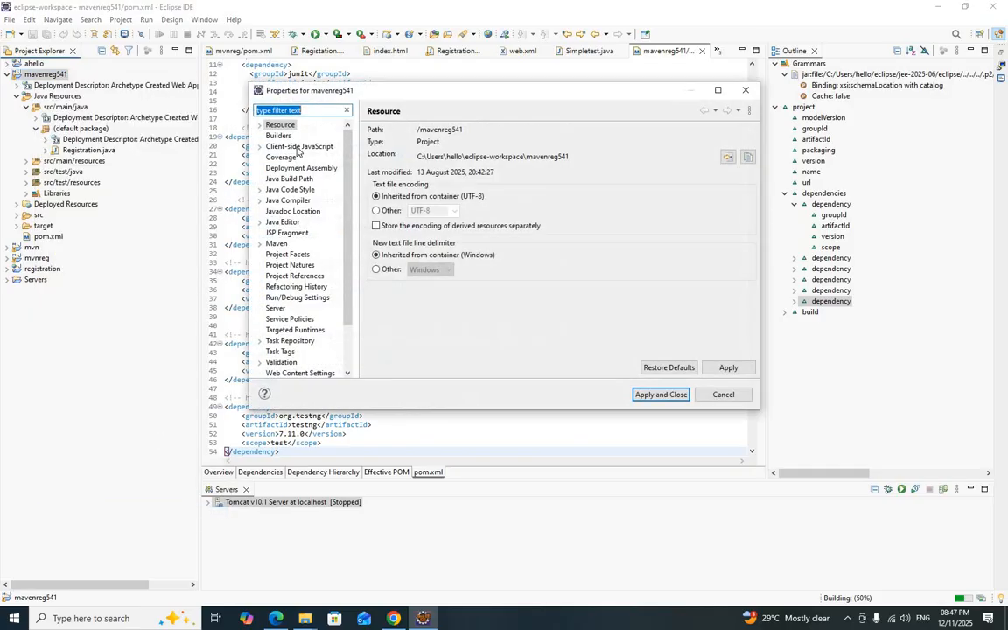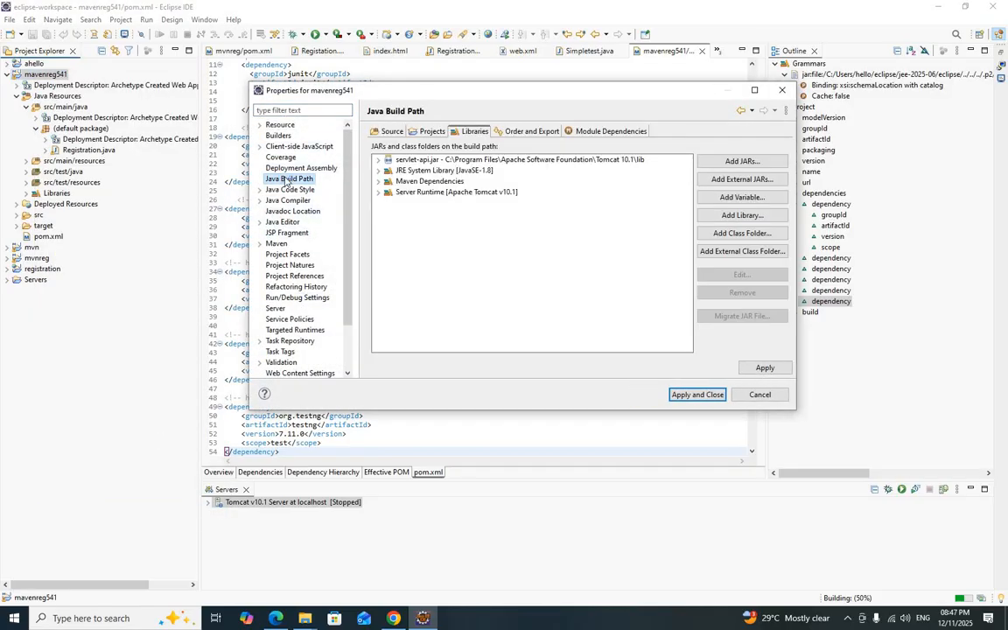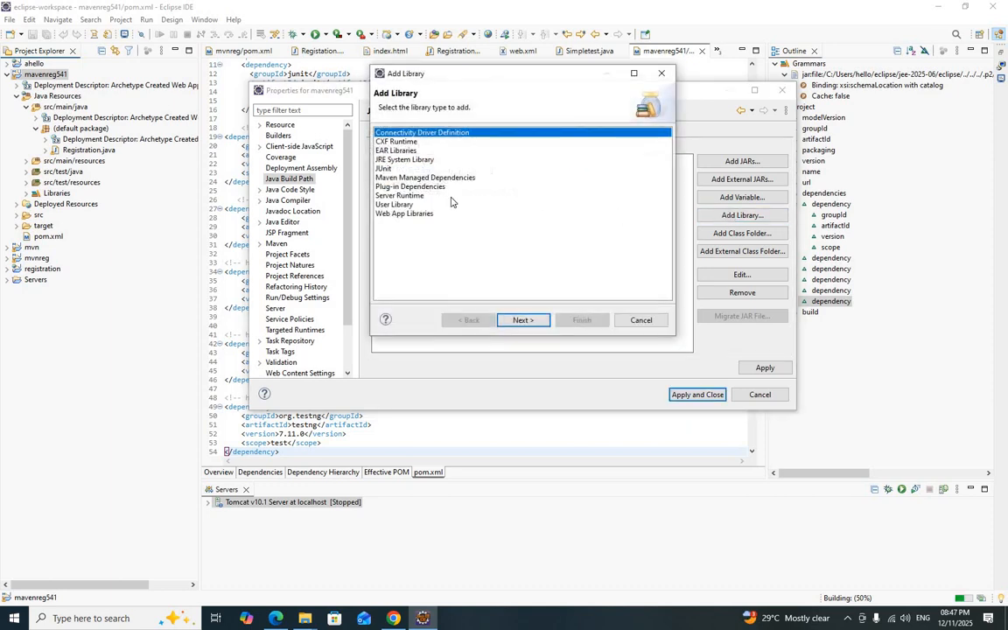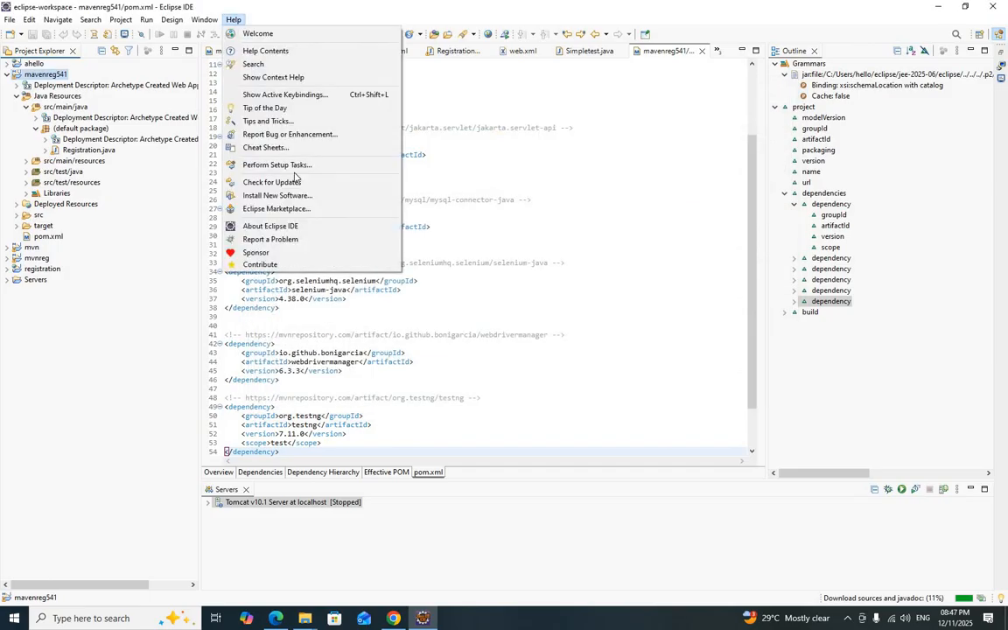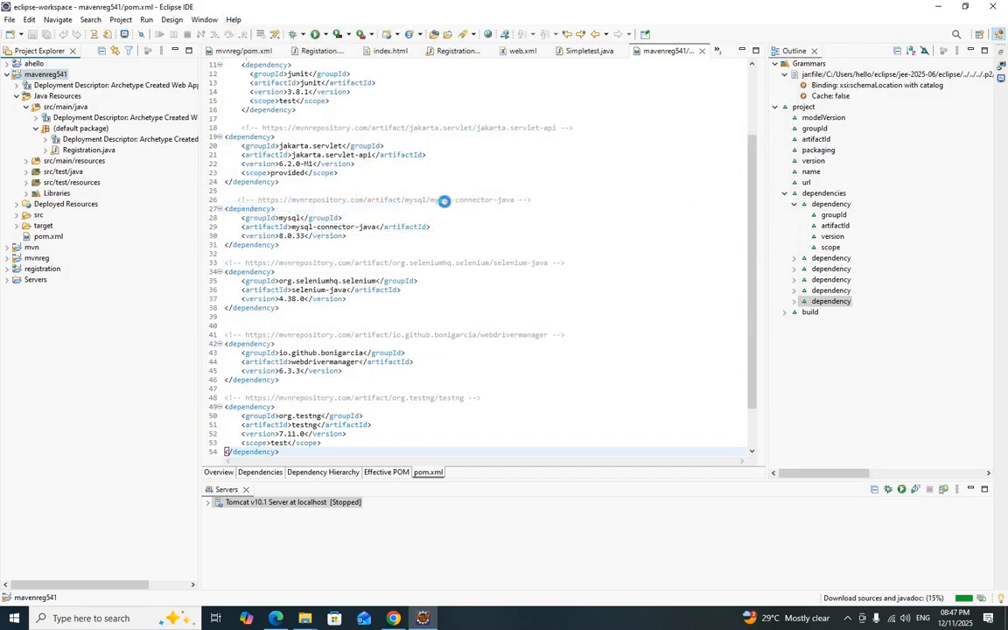Select the properties. Go to the Java build path. Select the Maven dependency. Add the library. Okay. Select Maven dependency. Add library. So if you don't find TestNG here, it means we have not installed TestNG yet in our Eclipse IDE. So before this, go to the Help, go to Eclipse Marketplace,